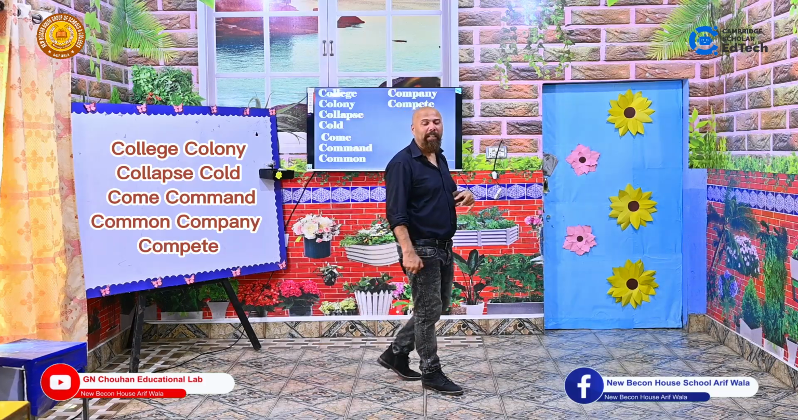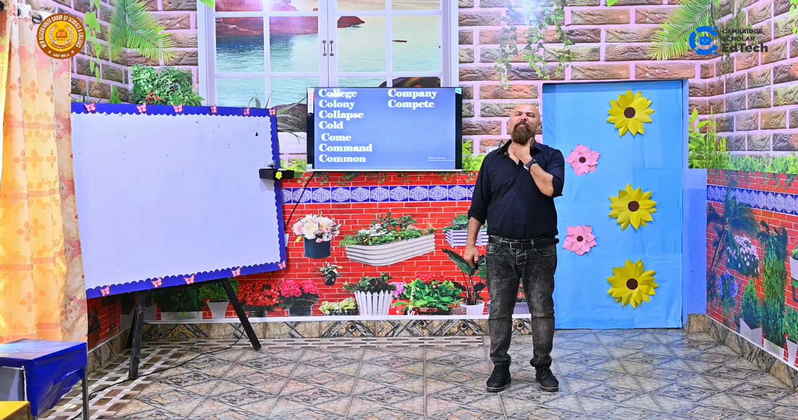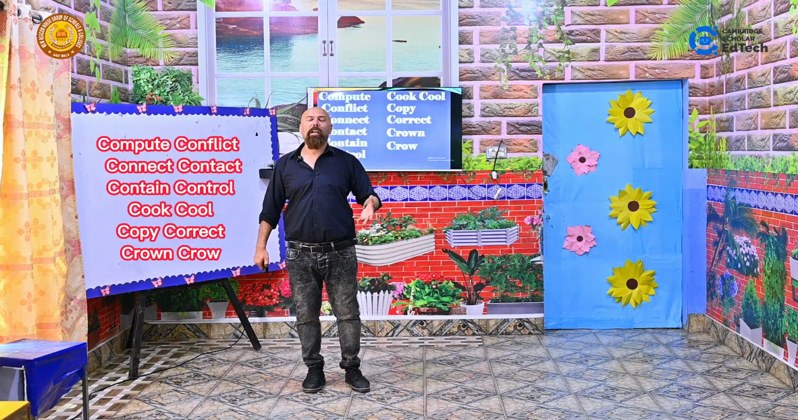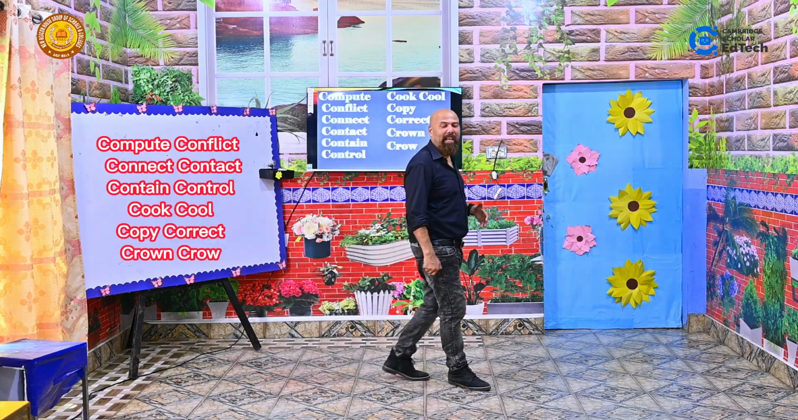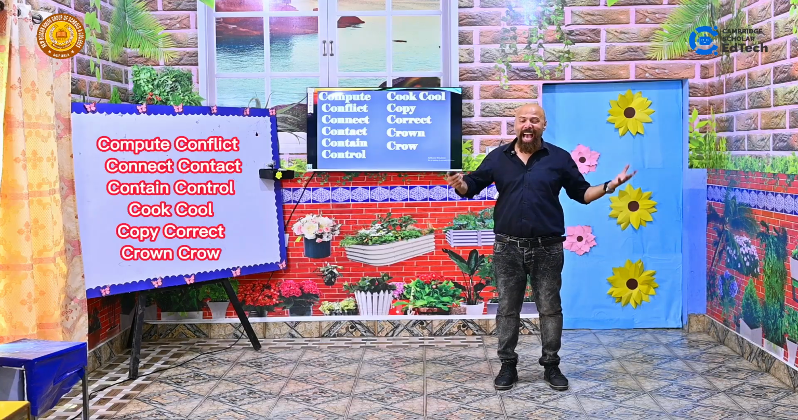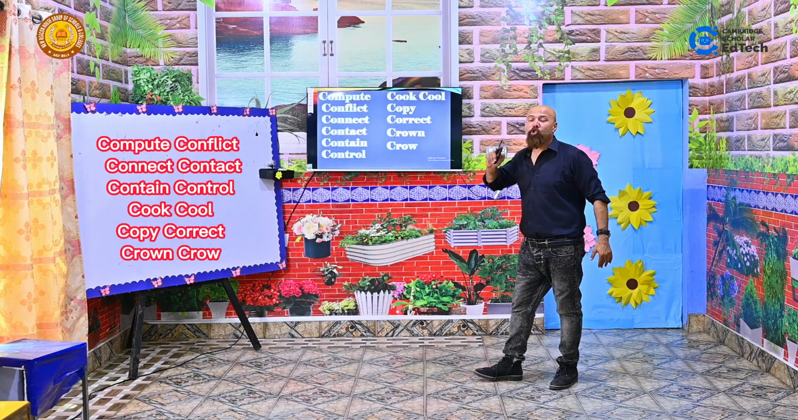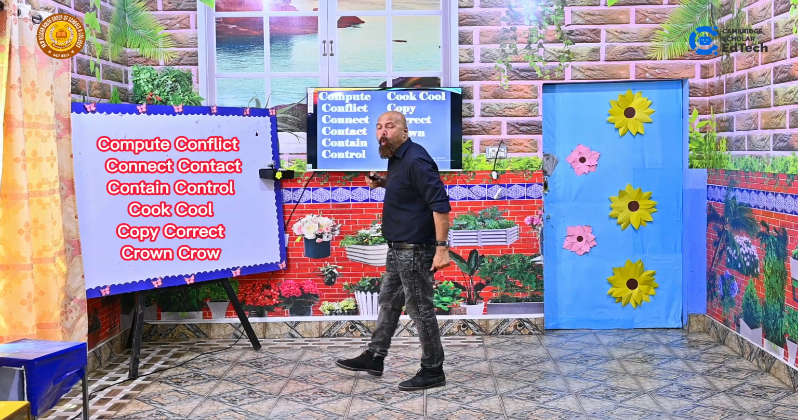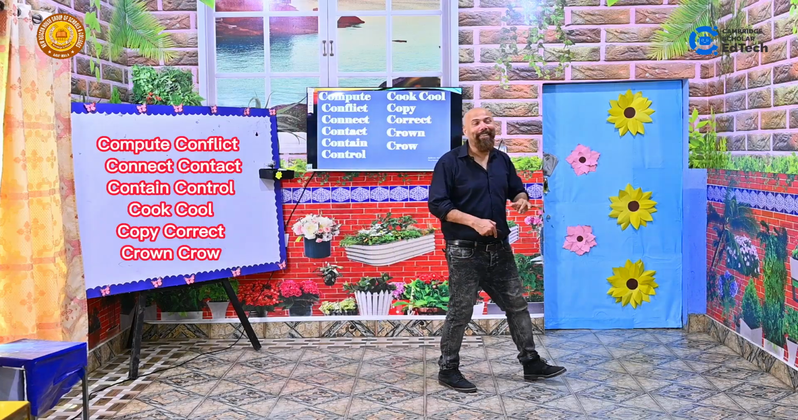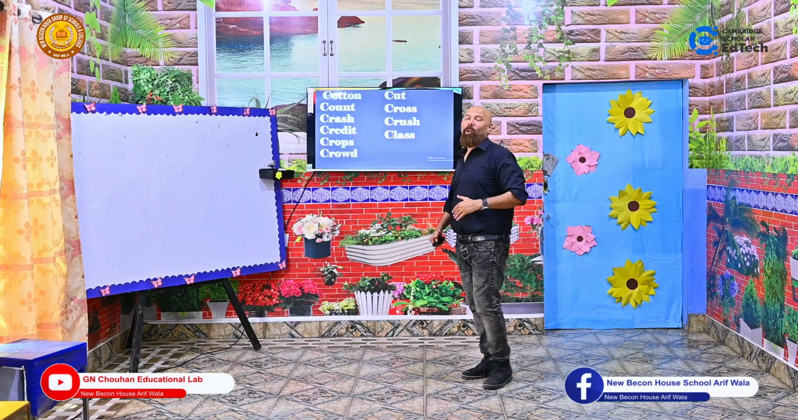and common, company, and compete. It's very hard, okay, very hard, and you pronounce it at the back of your throat. Computer, all right, or compute. And conflict, and then we have connect, contact, contain, control, cook, cool, and copy, okay, correct, crown, and crow. So we have the word cotton,